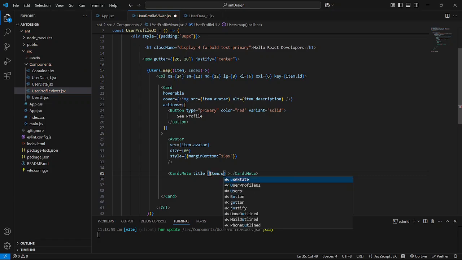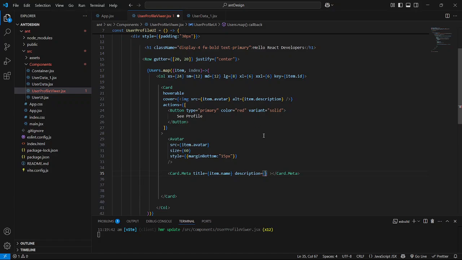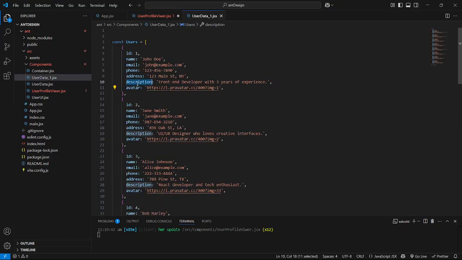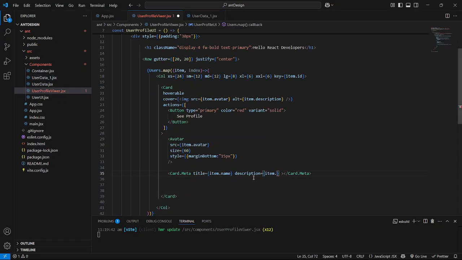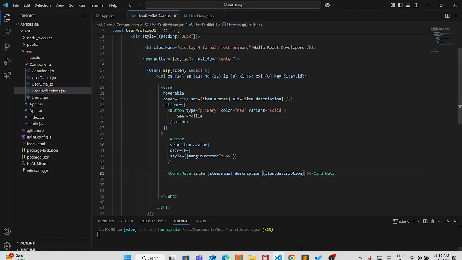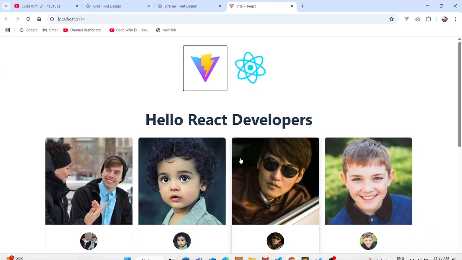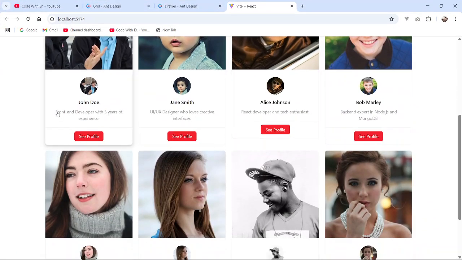So I'll say here item dot, so I want to show here the name, so I will say here item dot name. Okay, so I will just show the description also. So I'll give you the description as well. Like this I will just say here item dot description. So paste it here. This is it. Save the file, have a look in the browser. So we can see here name and the description, in a nice